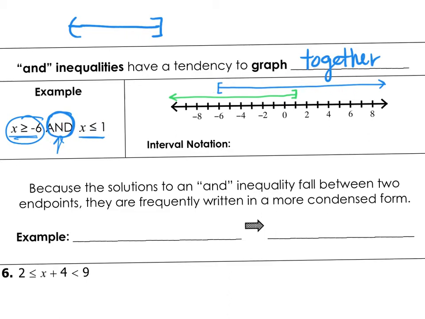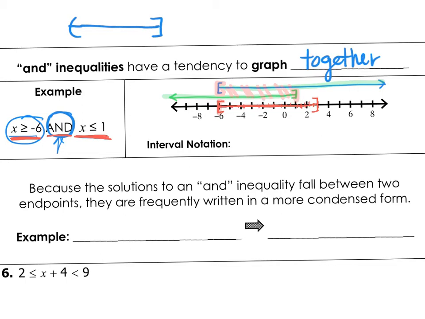So which sets of numbers are bigger than -6 and smaller than 1? That's going to be this set right here where they overlap. So my graph will look like bigger than -6 and smaller than 1. And it's the numbers between -6 and 1. So the only numbers that are bigger than -6 and smaller than 1 are the numbers that are between -6